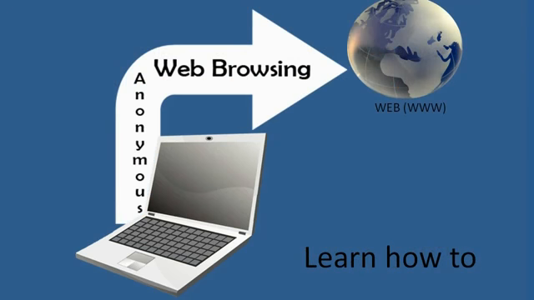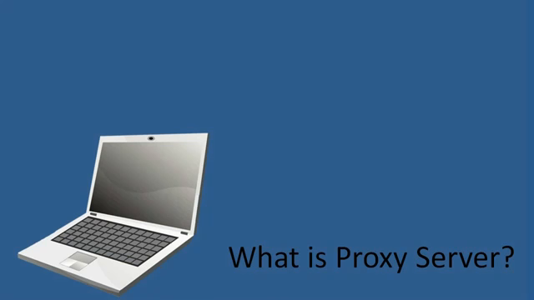Okay, so let's go ahead and talk about anonymous web browsing, and let's learn how to. Imagine this icon of the laptop, netbook, notebook, or tablet, any of the devices actually, not only the computer, Macintosh, PC, Linux. On the left corner, it's your computer or a device that can access the internet. It can send and receive information. So it's sending the information